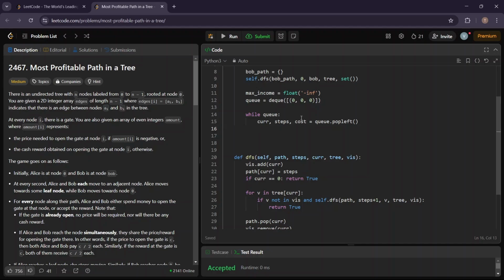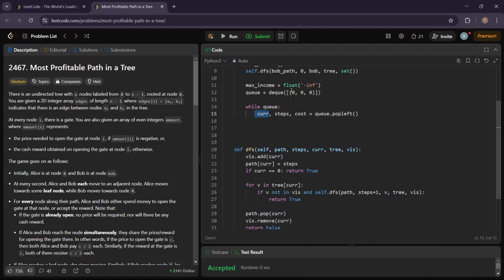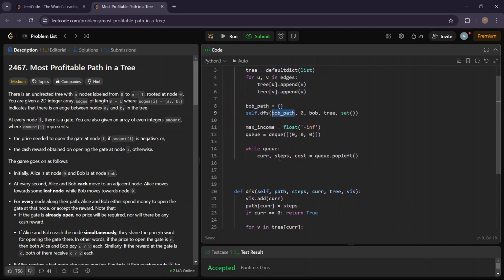So after we have removed this node, now we need to check whether this current node is a part of Bob's path. And there are two cases. So if the value of steps, right? So if Bob has not reached this node yet, and if Bob has reached the node already, or Bob and Alice both reach the same node at the same time. Okay, so